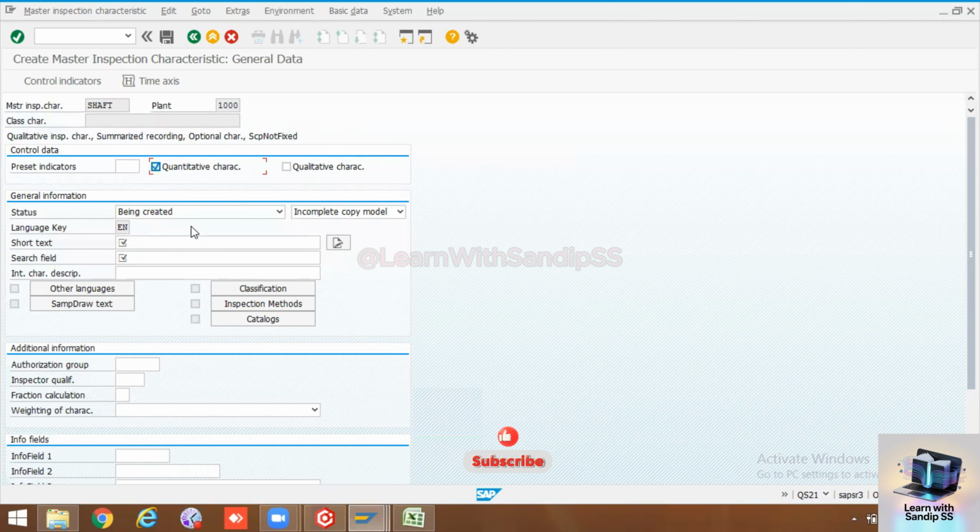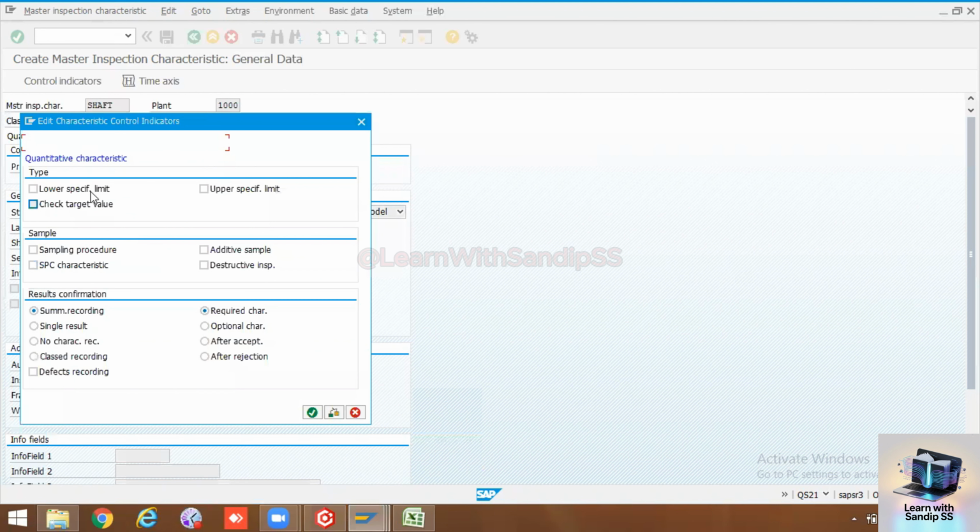Everything is the same; it's quantitative readings. Shaft we will make. Lower specification